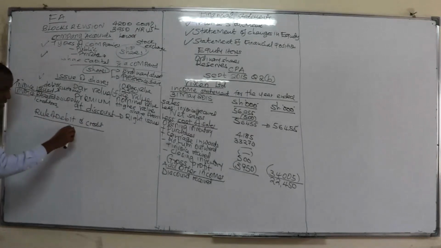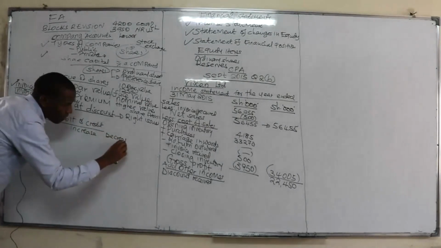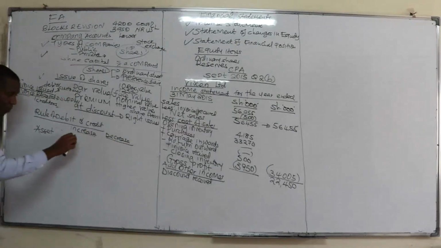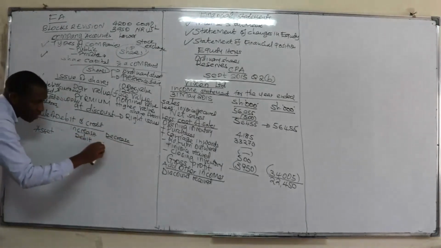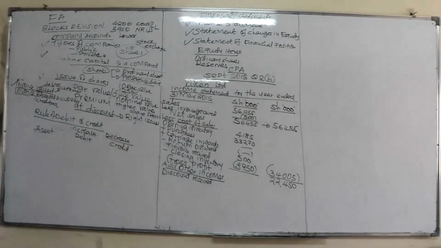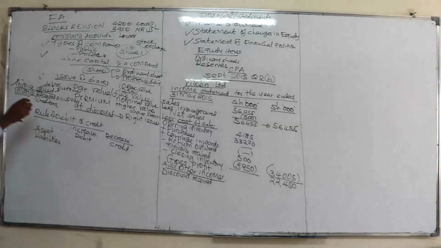So in this case, it may either increase or decrease. So if an asset increases, you're supposed to do what? Debit, you credit. Why will you debit? It is increasing the value of that asset. When it is a liability, remember, this is something that you are supposed to pay out. Whatever you are supposed to benefit is what you debit. Whatever you're not benefiting, you are paying out. In that case, that is what you credit.